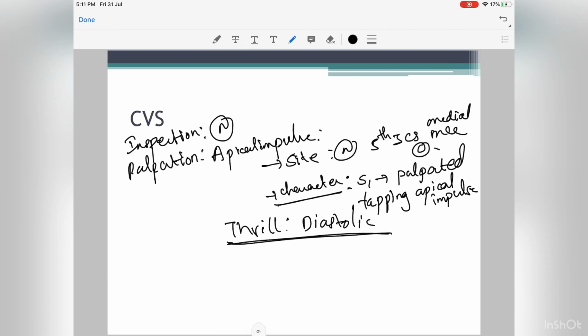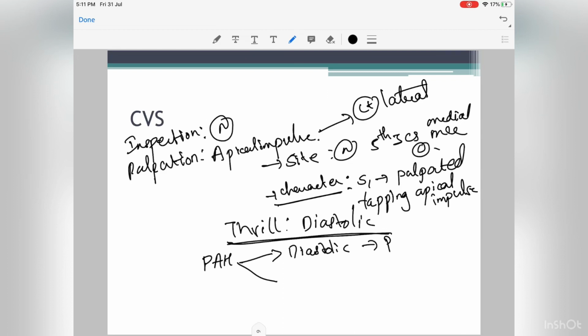So generally whenever there is palpation of the apex, you have to position the patient in left lateral. So the left lateral position is very important to appreciate all these details. Apart from this, due to pulmonary arterial hypertension, you can feel two things. One is a diastolic shock. Diastolic shock is nothing but a palpable P2. Apart from that is parasternal heave. Left parasternal heave is another feature. It is due to right ventricular pressure overload. So these are the two things.